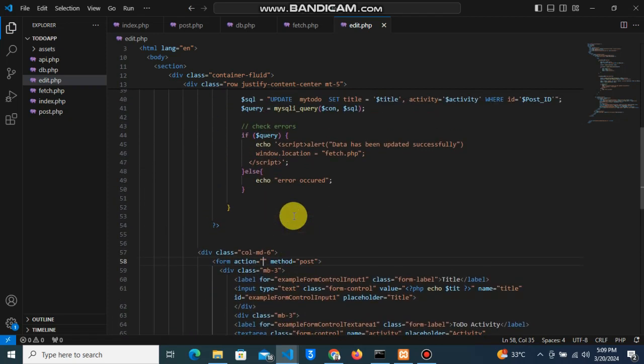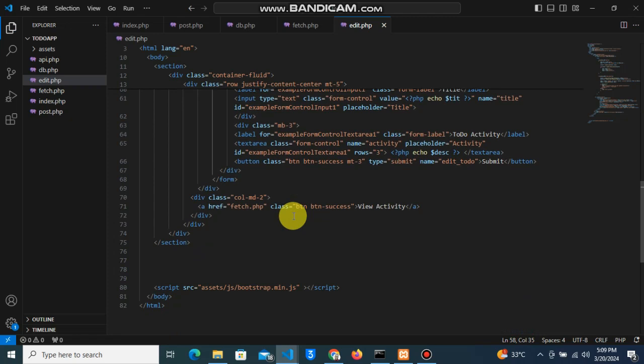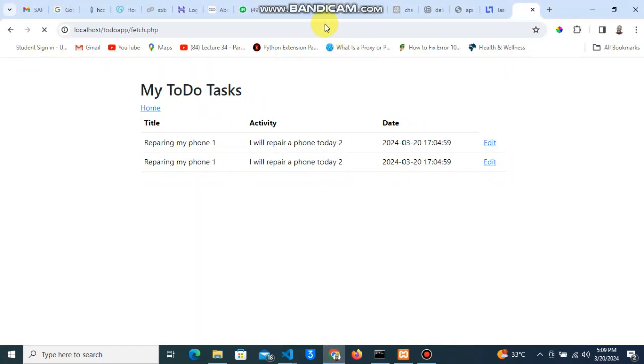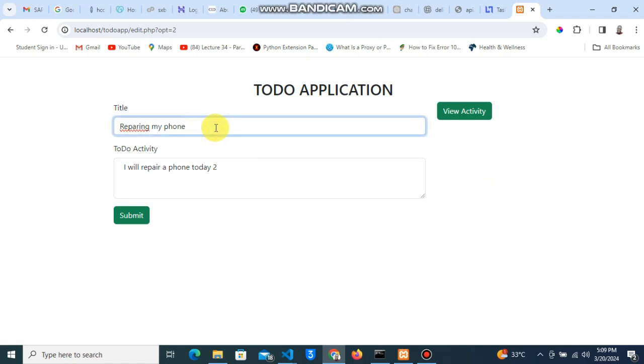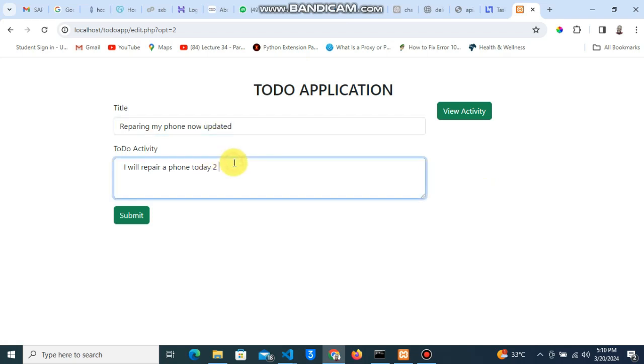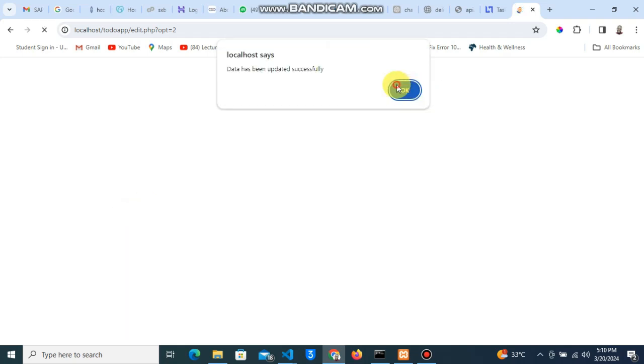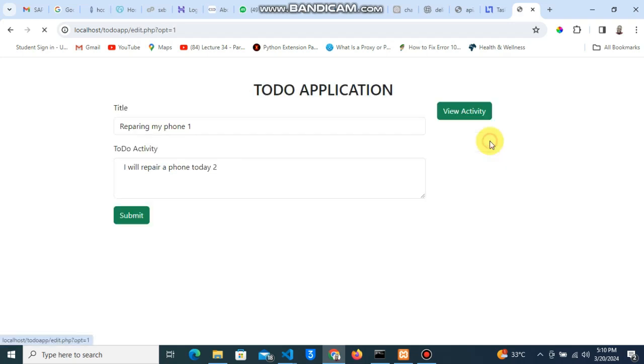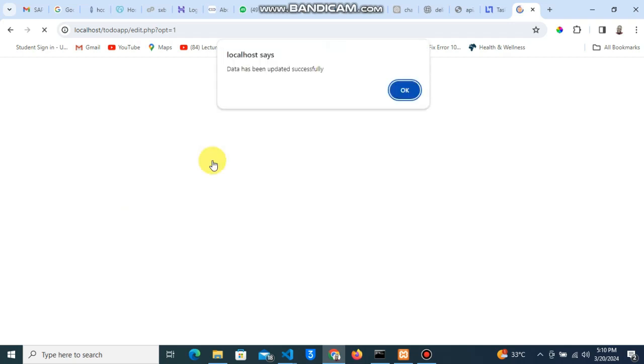Alright, so once I submit, you will see that the ID will be updated with respect to ID. So let me refresh. Let me edit this one. Now updated. Okay, so once I submit, you see, it has updated only this ID. Get it? So when I come here, let me remove the one, and also remove this one. Update. You see that it has updated